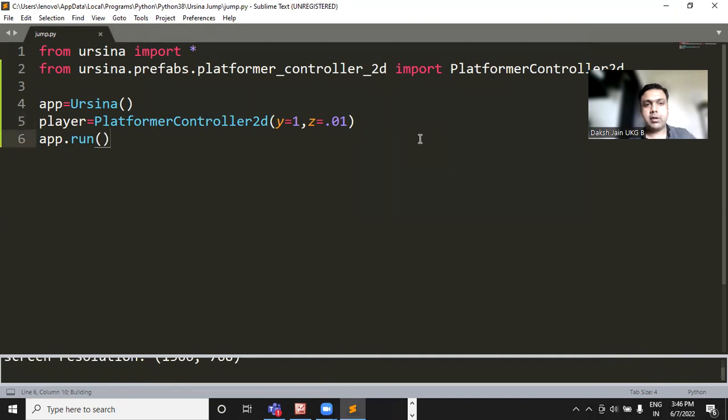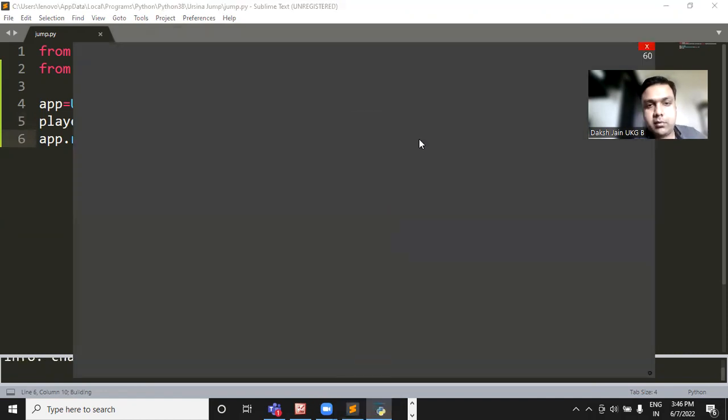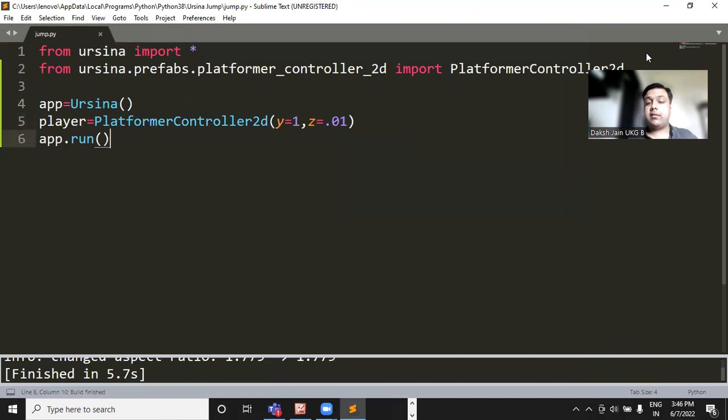Let me just run the game again. Yes. Was it visible to you? So that is our player, right? And with this simple line of code, I'm able to create a player. Now why is it falling down? Because of the gravity. Now in order to catch that particular object and hold it,